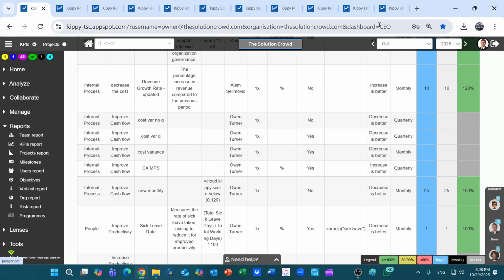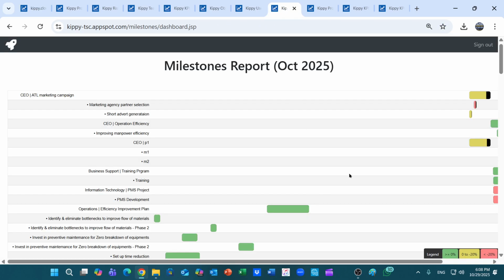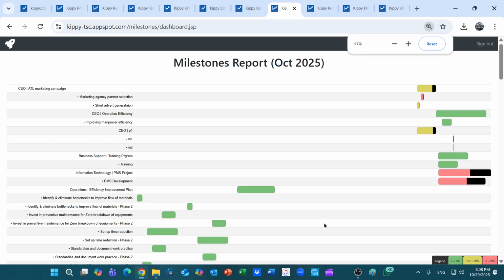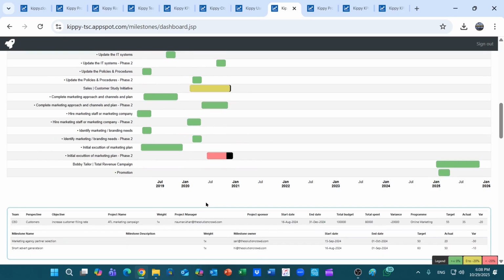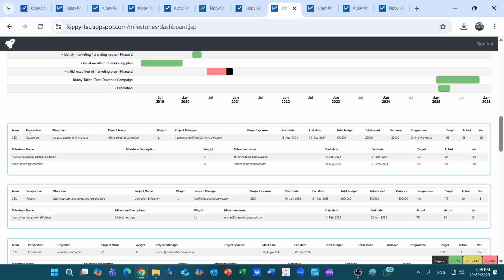We have also the milestone report, which is this one. It will tell you the details of the project. So it will list all the projects and all milestones for this one specific team, which is also lovely, and also will give you the detail of the project with the budget and also the milestones related to this project. So the first line is the project information, and then the last two lines are for